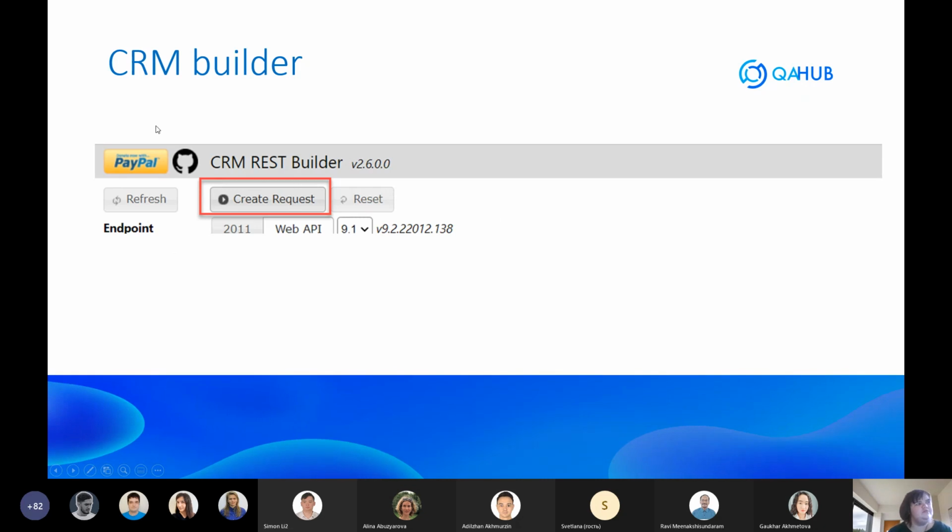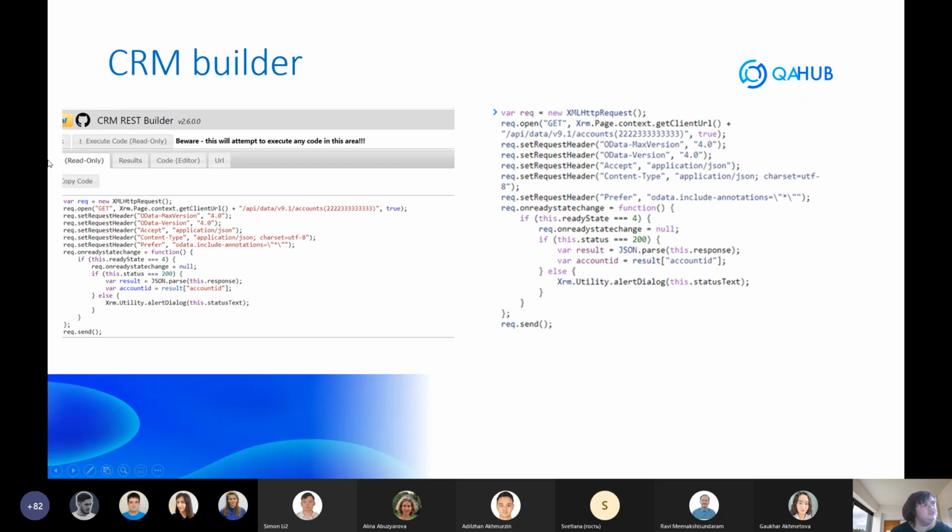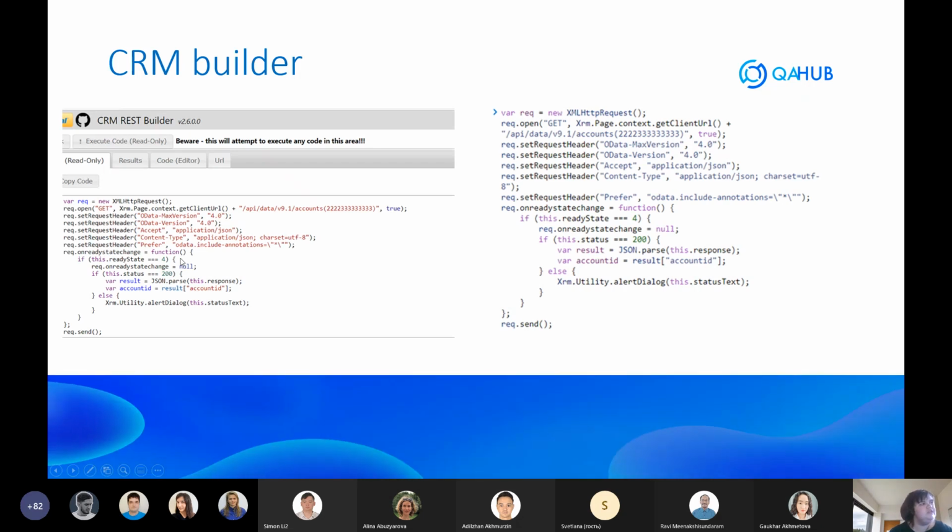And here you create a request. For all of these, update, create, delete, action, you create a request, then you will see this code, and you copy the code and put it in the console. This console, F12 or DevTools, and run it. If everything is okay, there will be